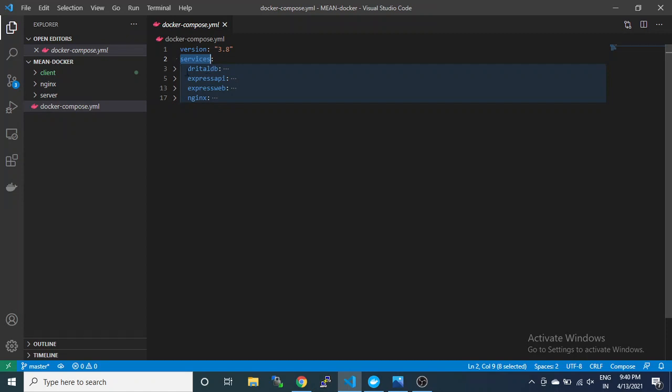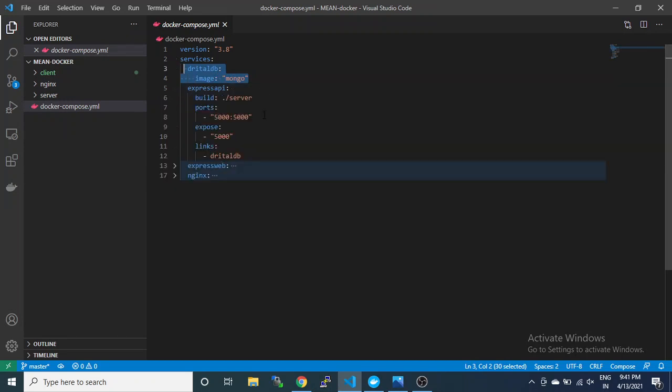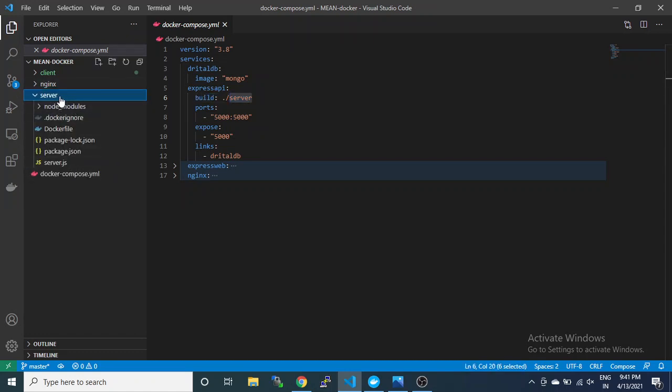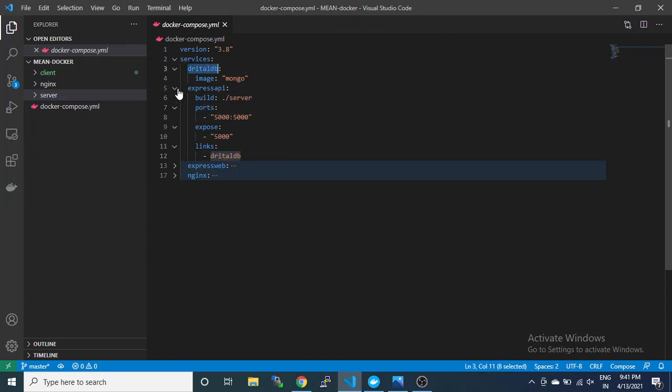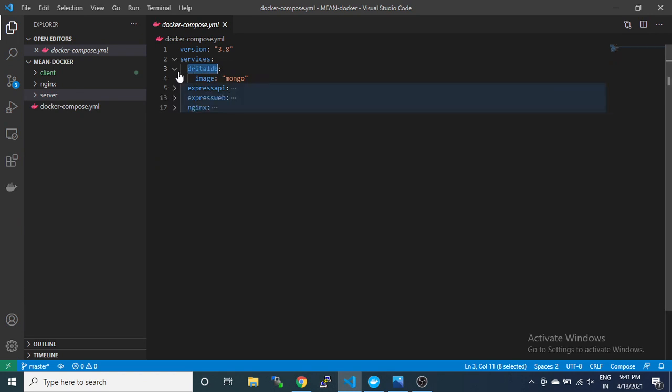Okay, DrittleDB is the database, so the image of Mongo will be used here to create the container with the default port 27017. Express API will use the image of this one whenever it creates. Okay, and the port is mentioned here, and it will link with DrittleDB. So we add a dependency with them.